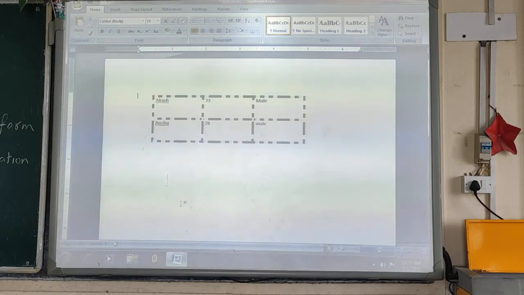So this is all about lesson 4. In the next session we will discuss chapter 5, where we will discuss modifying tables: how to insert rows, columns, and cells, how to delete rows, columns and cells from the table, and how to change the row height and column width. Then what merging and splitting are, alignment of the table and the text alignment within the cell.